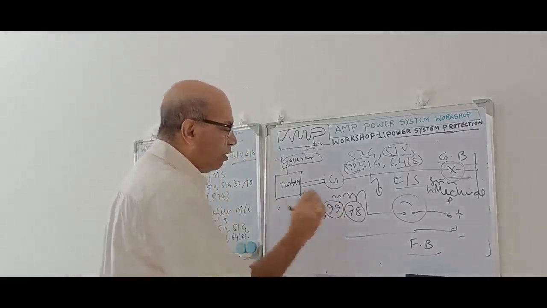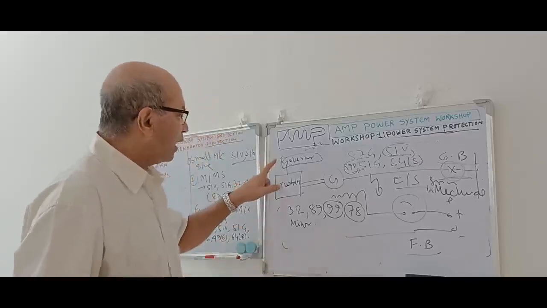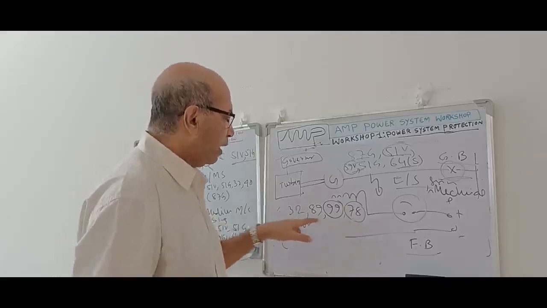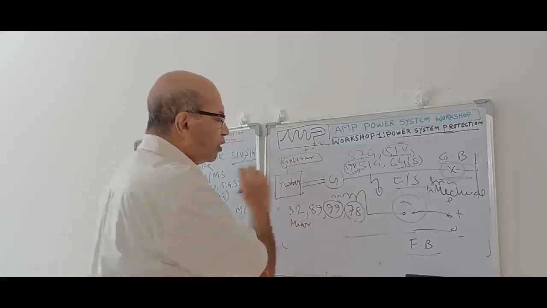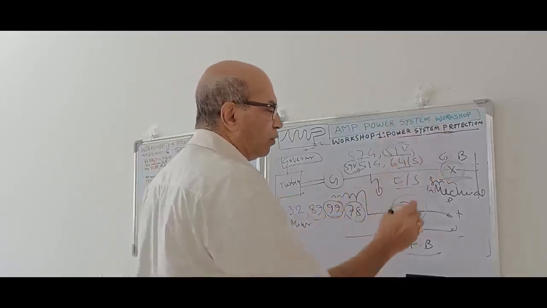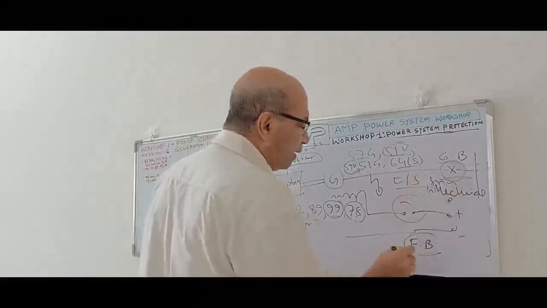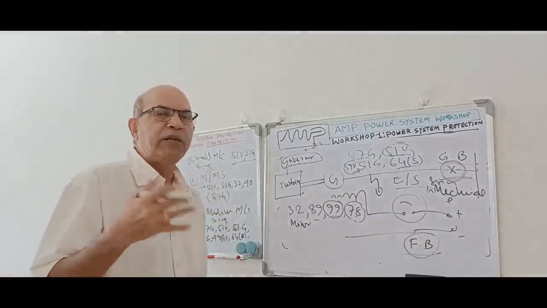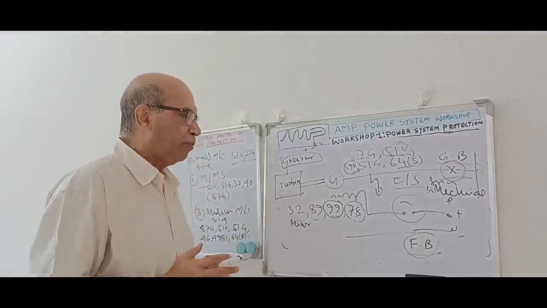if we observe any one of these, in case of 32 the turbine has already tripped, but for the other protections I need not trip the turbine, because 89, 99, all this is happening due to load throw off. So in that case, only the generator breaker and the field breaker I will trip, and the turbine will be running on idle. Then with time we will take care. This is for this type of protection.